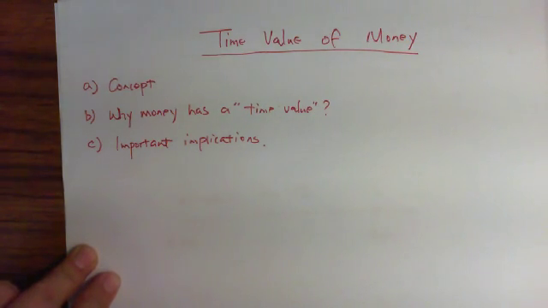So first, the concept. Now, what is time value of money? I think the easiest way to understand the concept is that the amount of money once invested properly will increase over time. Now, why is the amount going to increase over time? We can look at the amount of money from, for example, the owner's perspective.